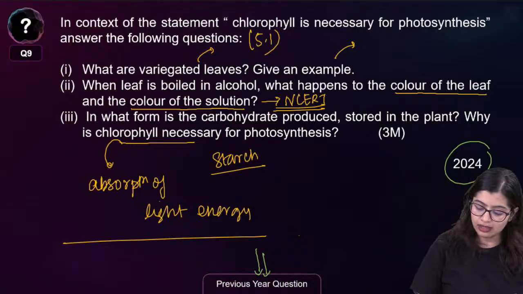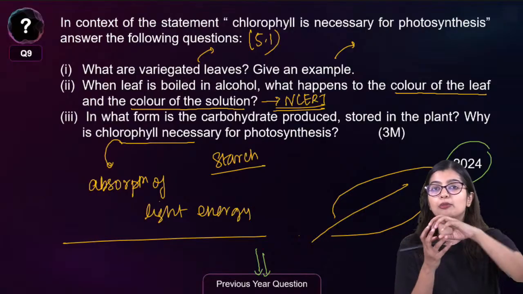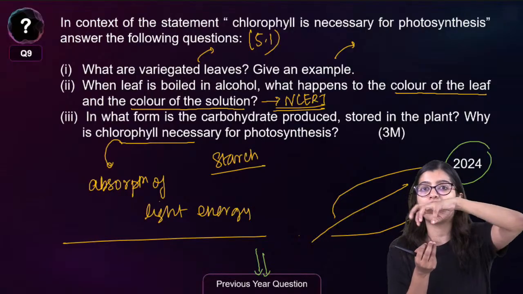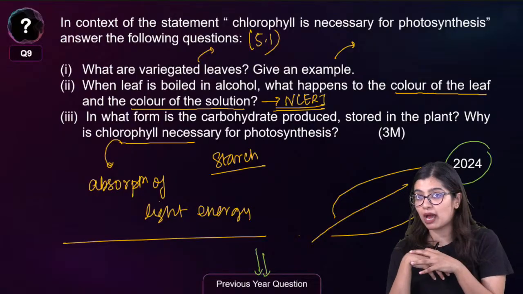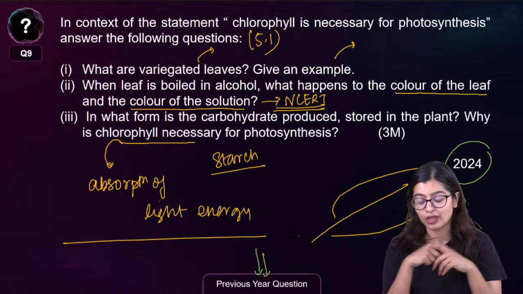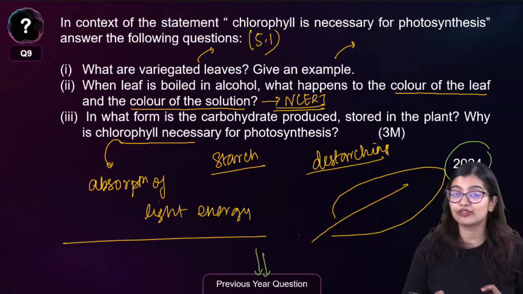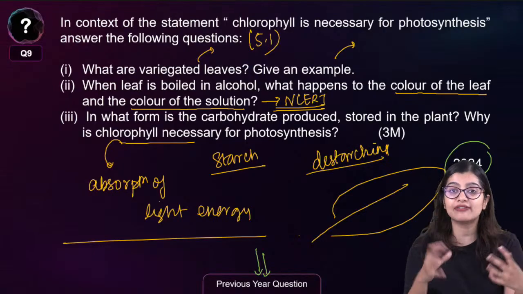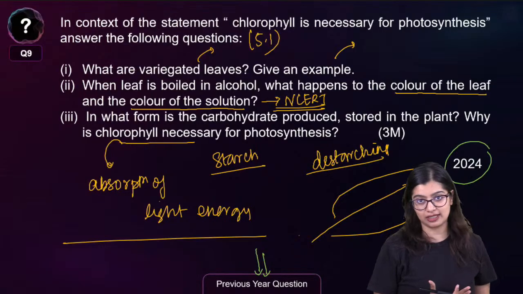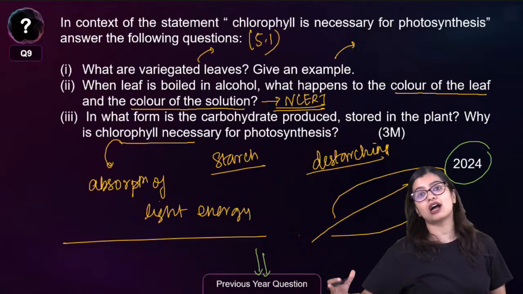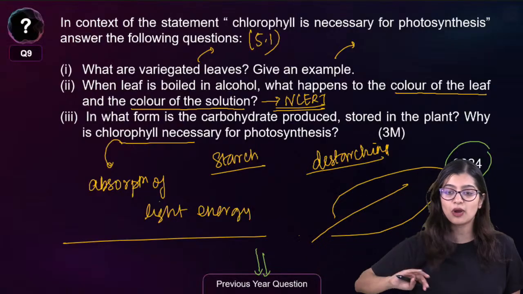Now Coral asked me a question. Ma'am, in a variegated leaf, you are saying only the green part will turn positive for starch test. But you also know that starch can be stored in non-green parts. So how would that be possible? That is where the destarching step comes into the picture. Why did we destarch it for 3 days? So that whatever reserve energy is there in the plant gets utilized completely so that it does not interfere with the test, right? That's why we make sure that all the starch gets utilized and then we do the actual test.